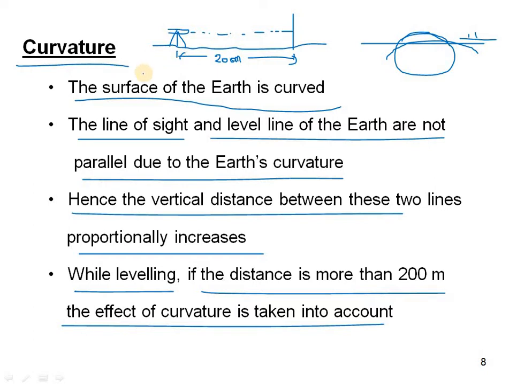This will take in the curvature position. How? Because our earth is in the curved position, so whatever these parallel lines are, they will not come closer. However, we have to take the curvature position which exceeds the line, that is, more than 200 meters when we are doing the leveling. So we have to take the effect of curvature. Here curvature is a natural error, which occurs generally in the errors itself.